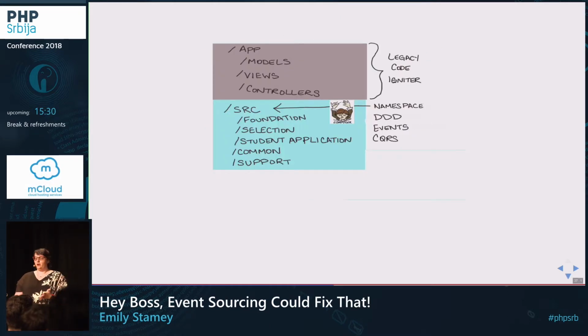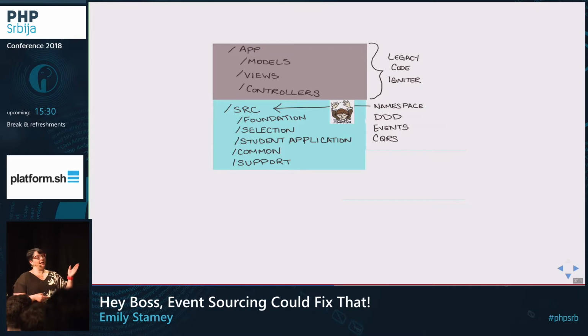But the way that we were able to make this work was that we created a new code base alongside the existing code base. You may be able to see that we have this source folder, and that's where all of our new code existed. We gave it namespaces and referenced those namespaces using Composer's autoloader.